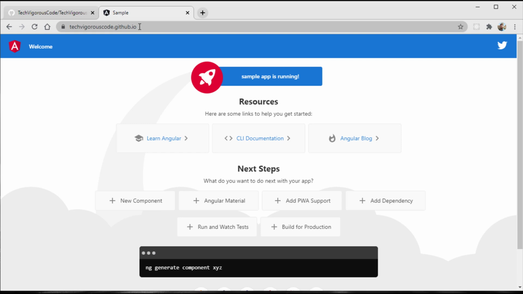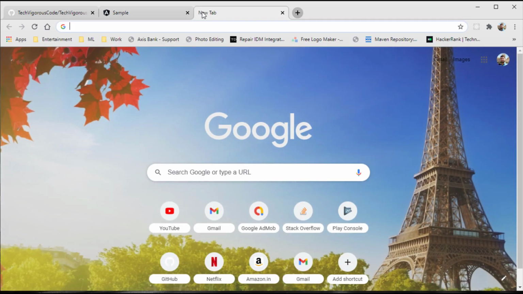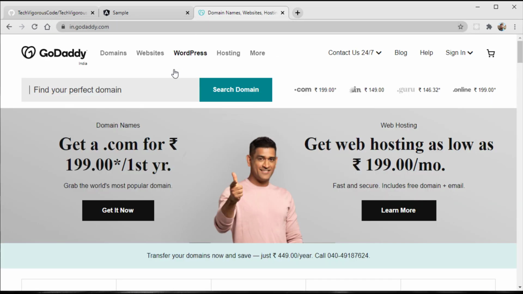A custom domain like facebook.com or google.com or any of the websites that we visit on the internet. For this purpose, we need to have our own domain. A domain is not free, and you can visit any domain registrar you feel comfortable with and buy a domain from there. Here I have already bought a domain from GoDaddy, and you can see it over here.